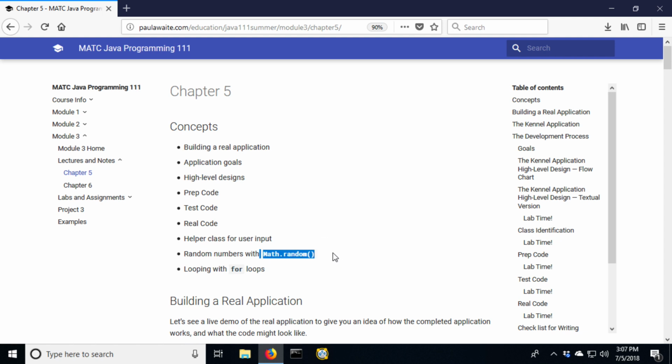Next up, random. Some of you are familiar with or have looked into some of the different math options, and there's a math class that can provide us with random numbers. We'll take a little peek at that. The math class does tons and tons of stuff that we'll look at throughout the semester. Being able to just generate a random number for us is one that we'll use in this unit.